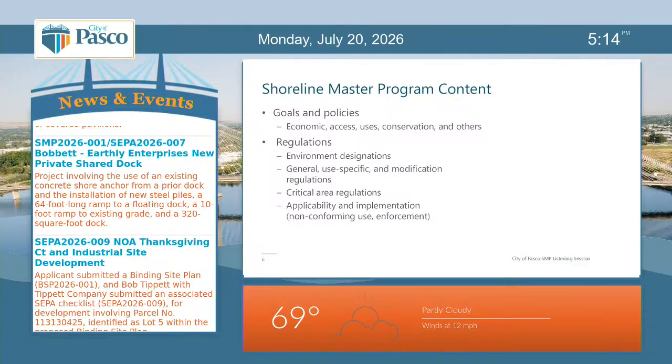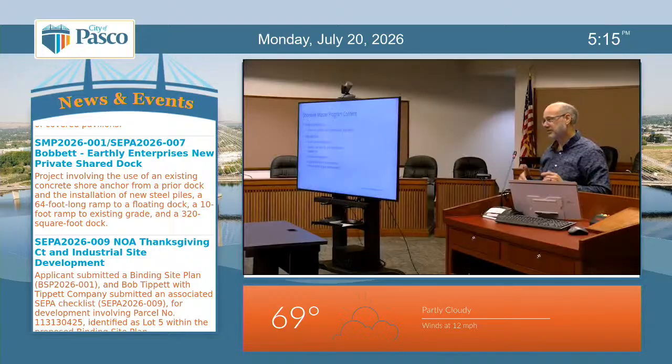What we did is we took the whole shoreline for the city and divided it up into reaches and then placed environment designations on those reaches. Some are industrial, some are residential, some are natural or open space conservation areas. And then there are specific regulations, and general regulations. Critical areas regulations are also incorporated in the Shoreline Master Program, the wetlands and the steep slopes. The SMP also has enforcement provisions